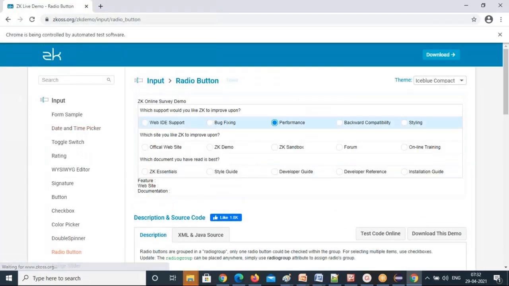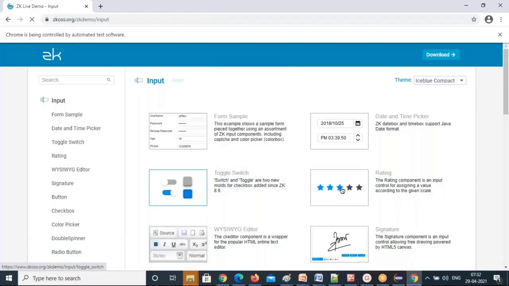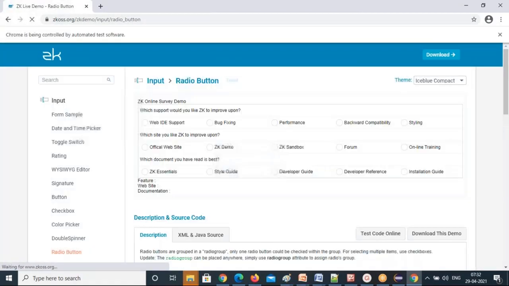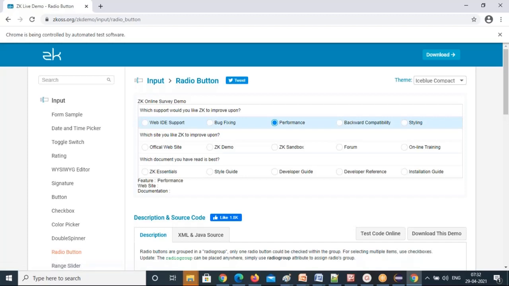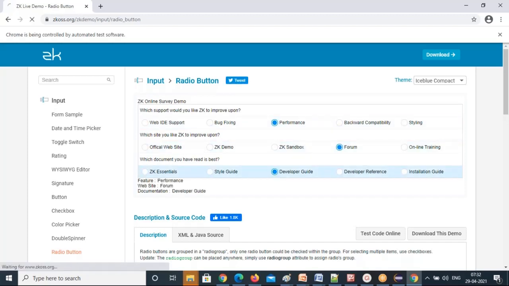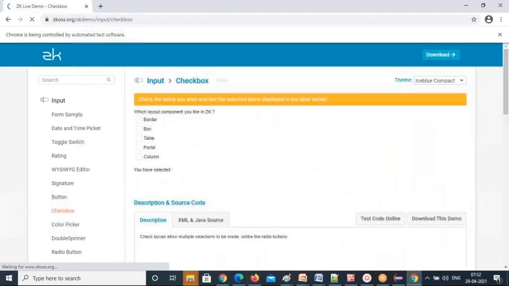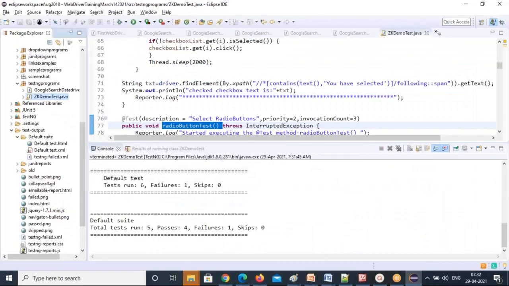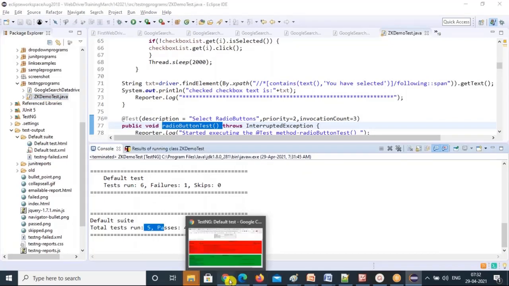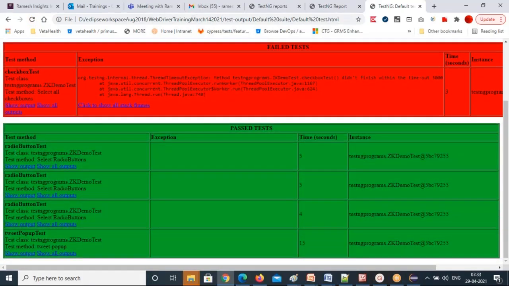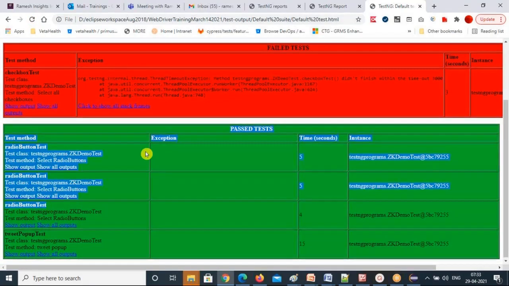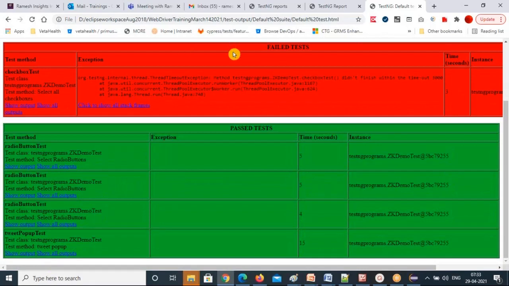Here the radio button is repeating. Same it will repeat. Again before method it will go and click on the radio button test. So that will repeat thrice. That's invocation count: how many times you want to invoke the same method. So this is the one you can use if you want to invoke one method multiple times. Okay, done. So 6 total, and you can refresh here and see the reports very clearly. See, the radio button is executed thrice and the tweet pop-up, and this is the failure.